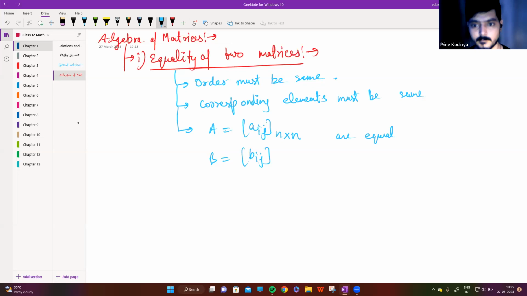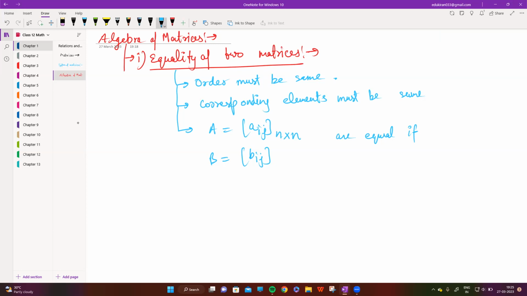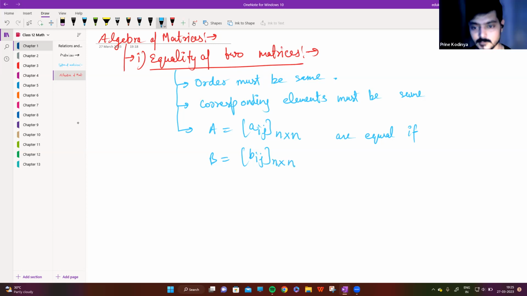What should be the order of B if they are equal? N into M. N cross n. Their order must be same. Now, by corresponding, we mean